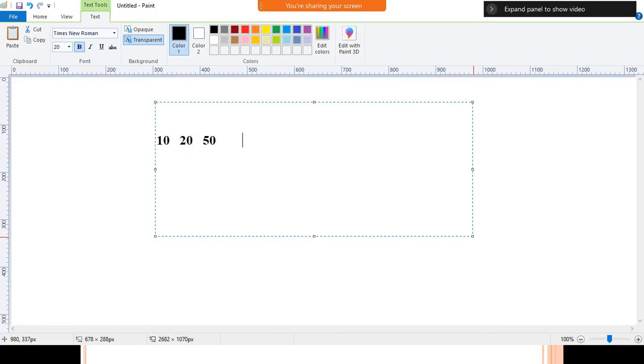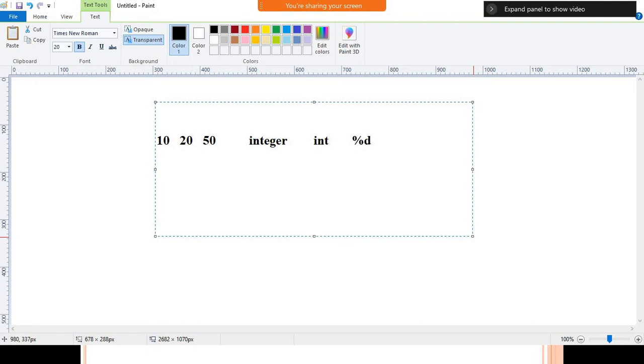Then I have a data type called int. I have a keyword called int, which represents the integer. If you want to display or store the values, then we have a format specifier for integer called percentage d.